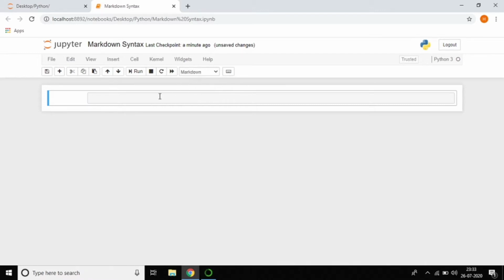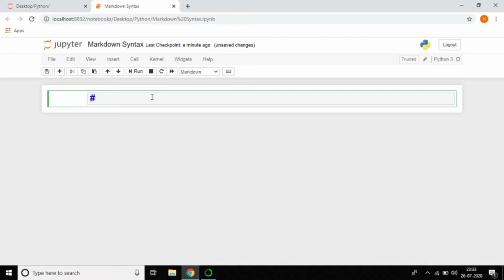Now go to edit mode, and I want to write the code. First of all, heading. Instead of writing comments, where the shortcut in Python is hash, we are using Markdown. In Markdown also, if you want to write any heading, the shortcut is hash.